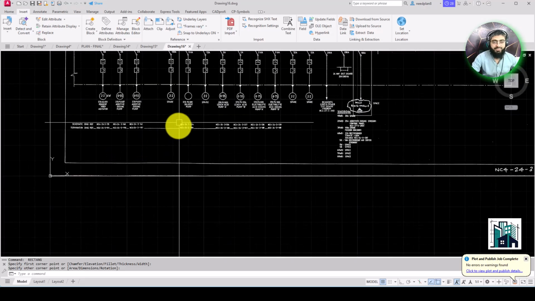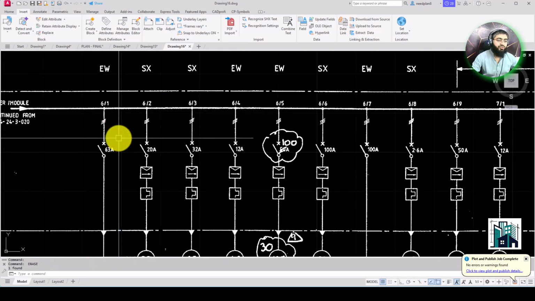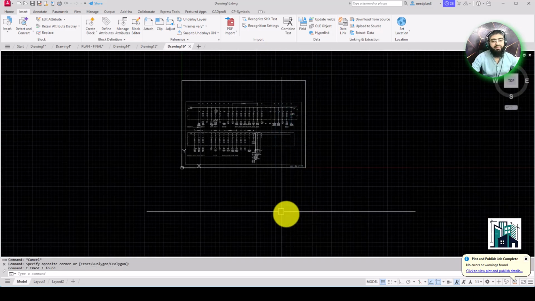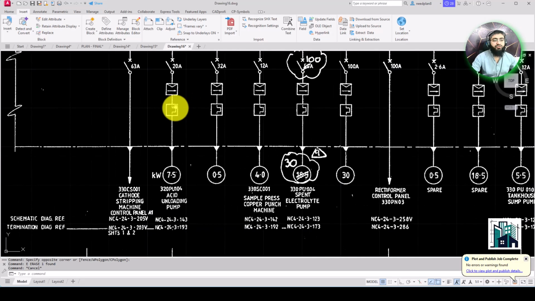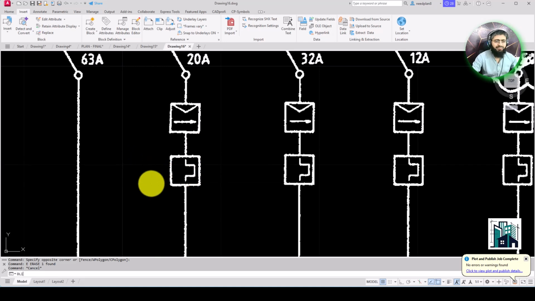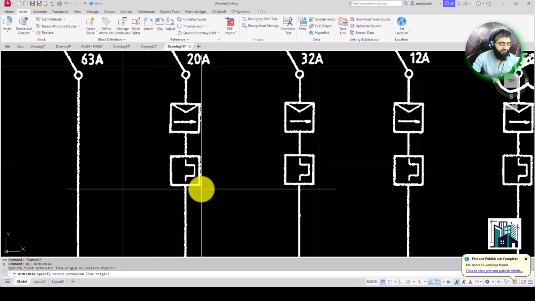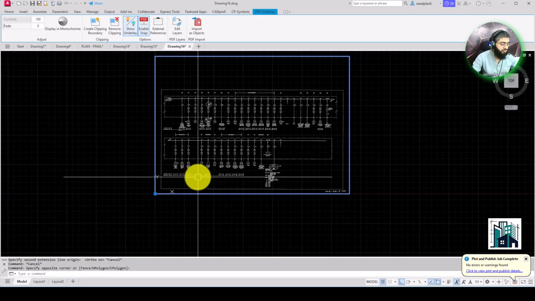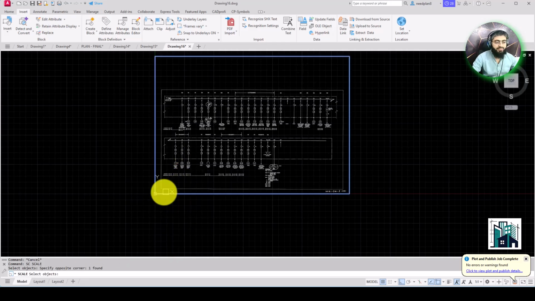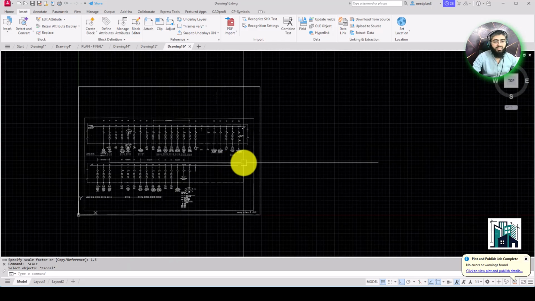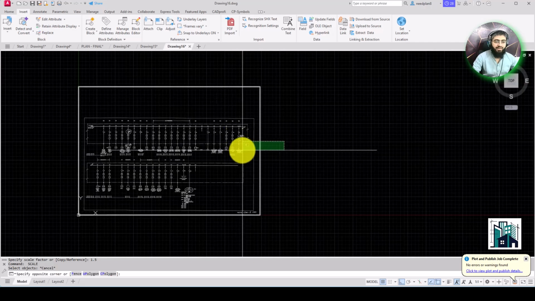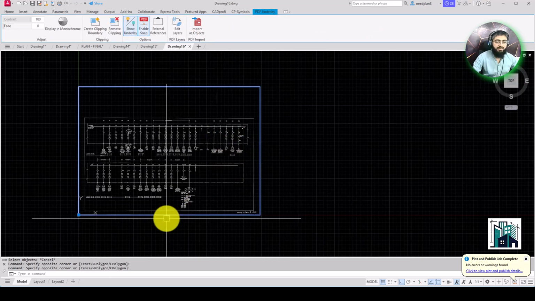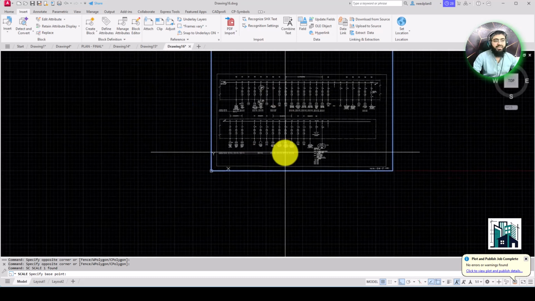So let's start. First you will have to draw the first line, and then we will move further. First you will have to check the units, what's the size of it. You can standardize this size, for example this one is 0.14. I'm going to give the unit value to this box as 10. For example, I will scale up: I will click here and then type SC on the keyboard. When you click on SC, you will see the scale command is active.